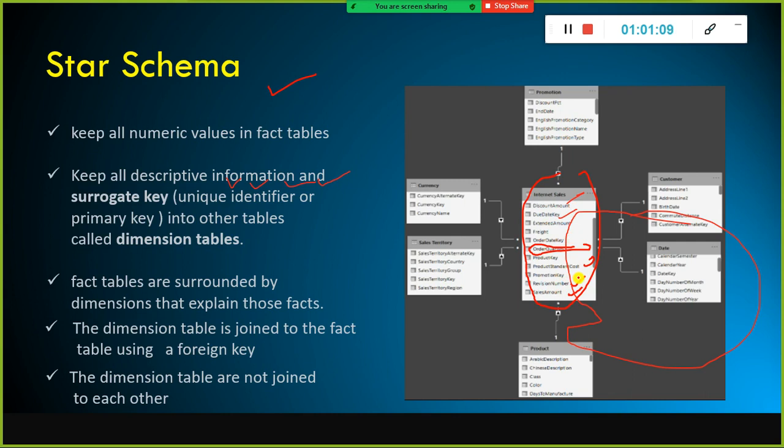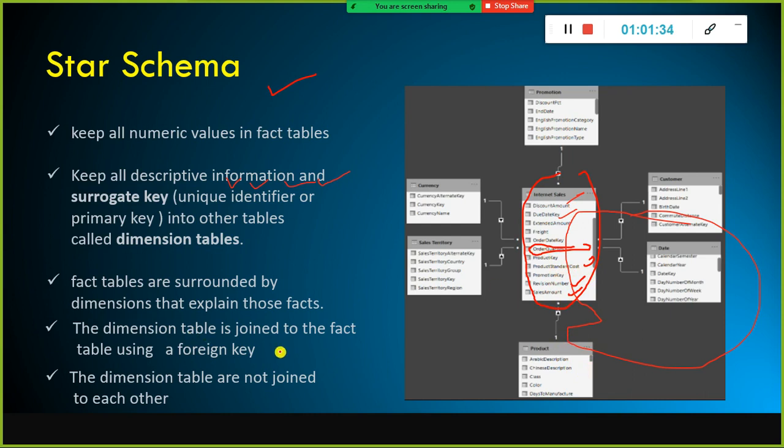With that, how can you determine which product this 100 belongs to? In order to say that, you need to create a relationship with another table, the product table. This is a dimension table. This product table gives the context to that 100: this unit sold of 100 is related to so-and-so product.